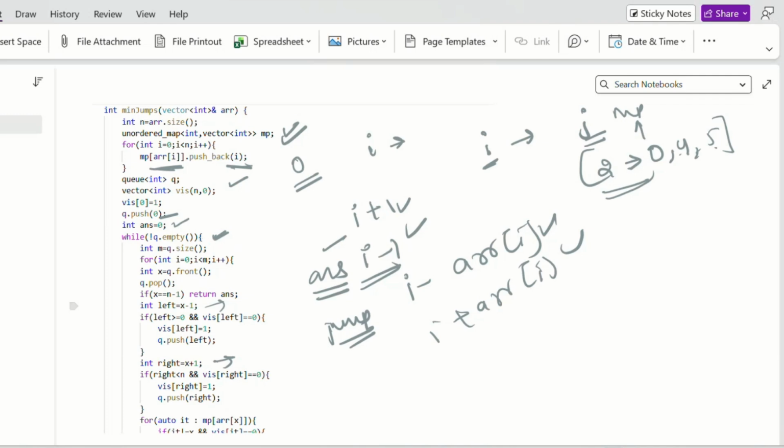Since I need to find the jumps, and I will have a queue, I will push the values into the queue one by one. I initialize my queue at the start, and then I take all the values in the queue one by one, and I can do three operations for every queue value. First I check if I have reached the n minus 1th index. If I have not reached it yet, then I can do three things: check for i minus 1, then check for i plus 1,